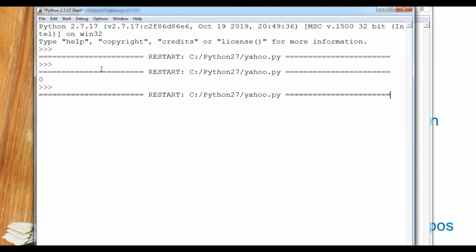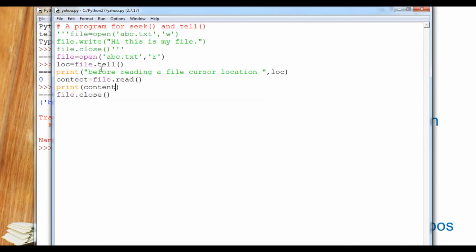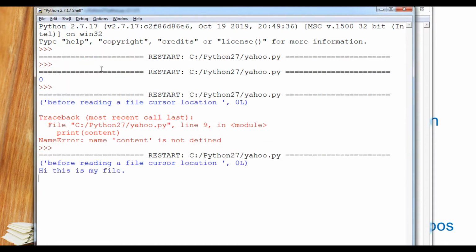And now let's see. We can say it is data, and run it. Now you can see the data is, hi, this is my file.